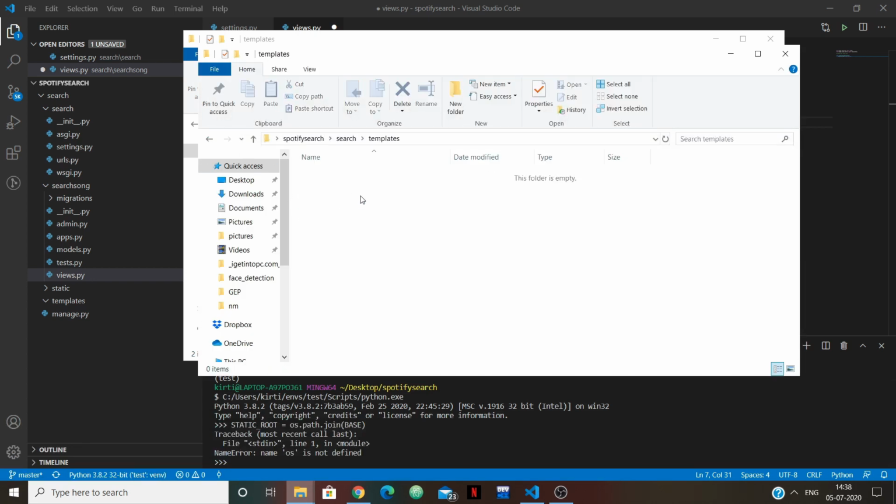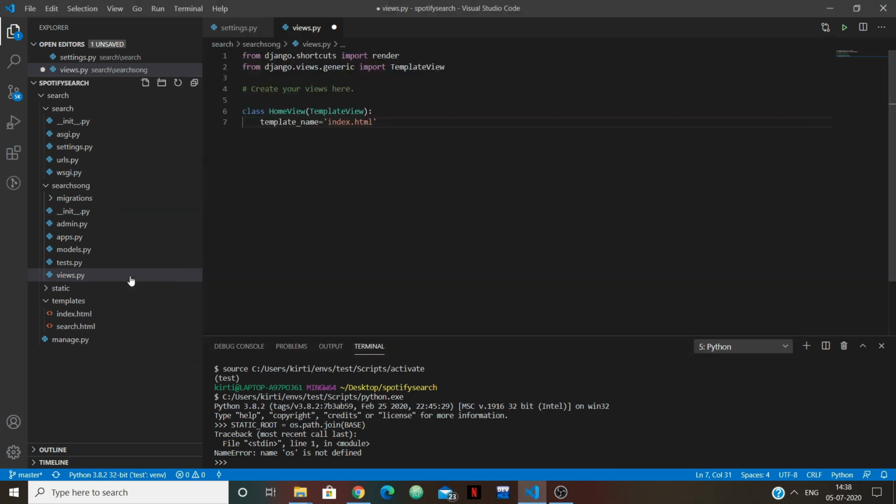I'm going to paste so that it will not show any error. Okay, so as you can see, templates have my HTML files, and static will have my CSS and JavaScript files. This is simple, clear to you?